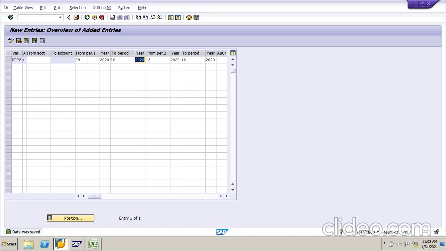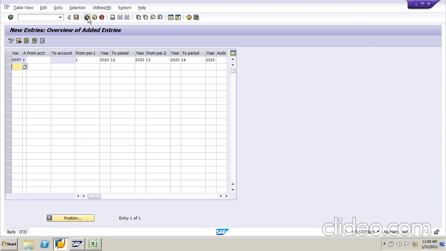So open and close posting period means we can allow the transactions, we can restrict the transaction posting time. So here I am going to open all 01 to 12 means we can record the transaction from 1st to 12th period and save.